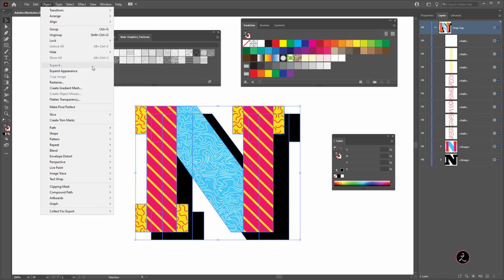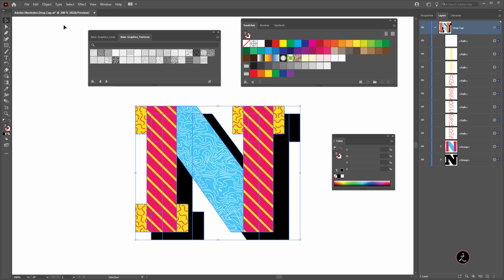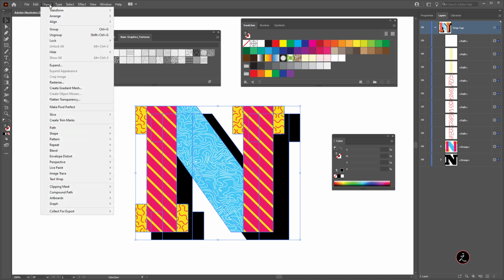The expand is grayed out because the expand appears available only if the selection has multiple fills or strokes applied to it. And that's what happens here. That's why the expand appearance is only available, because we have multiple fills or strokes. Click on that, then object menu, and then expand. You see now the expand is available.